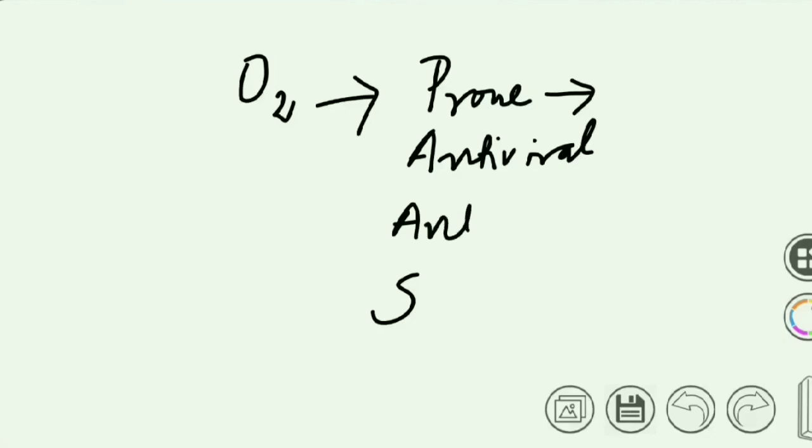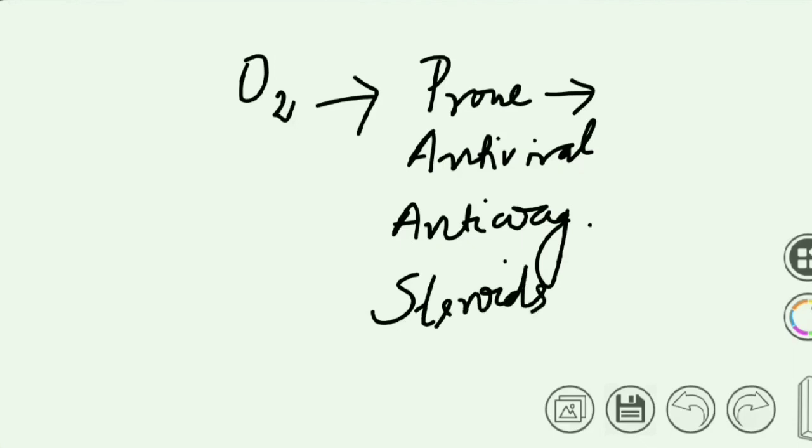Then anticoagulants, because if there is any thrombus formation, you require a low molecular weight heparin or enoxaparin to anticoagulate the patient. Then comes your steroids. You can give either methylprednisolone or dexamethasone. Okay, in very severe cases, what do you give? You can give tocilizumab